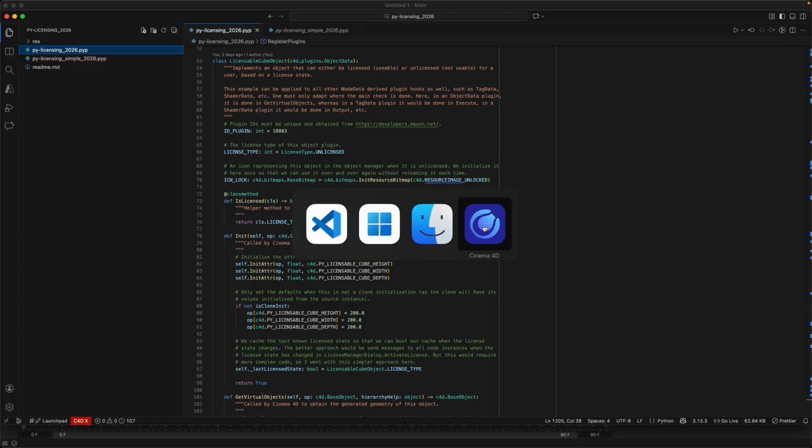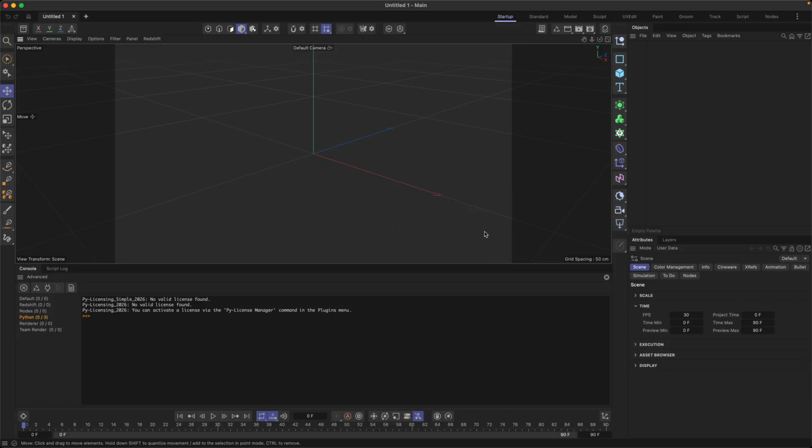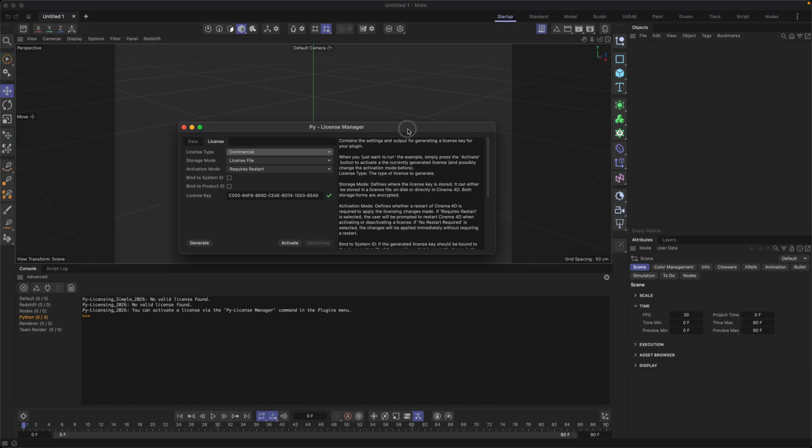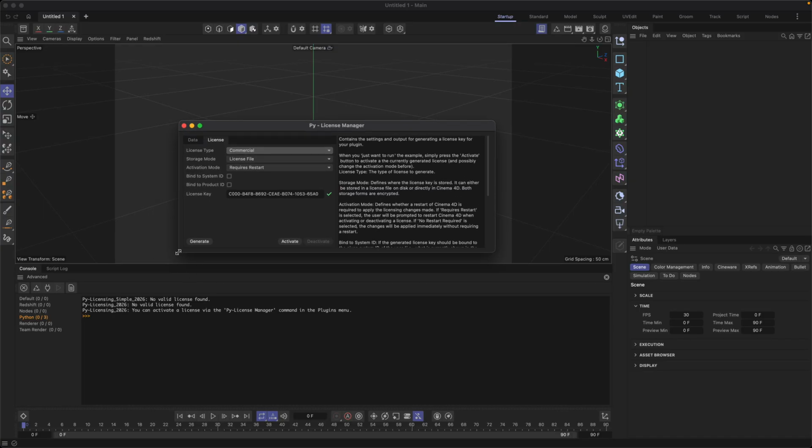Okay, let's jump to Cinema. I've already started Cinema here, and as you can see, we have here some command line or some terminal output. And both plugins say they didn't find a license, and they say, okay, please open this license manager, which I've already put here into my menu. And this license manager